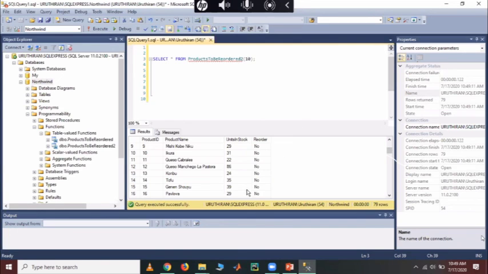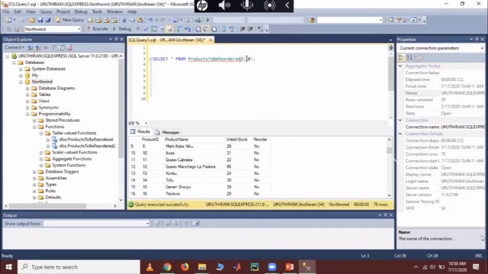Okay, this is the way a supermarket has this. If you check the unit in stock is less than something, then they want to order that particular product. Then we only need that function. If you execute that function, call the function, then every day they can check, because every day they need to check. Today sales is over, tomorrow they want to check how many items are there, then make the order. Okay, this is the example.